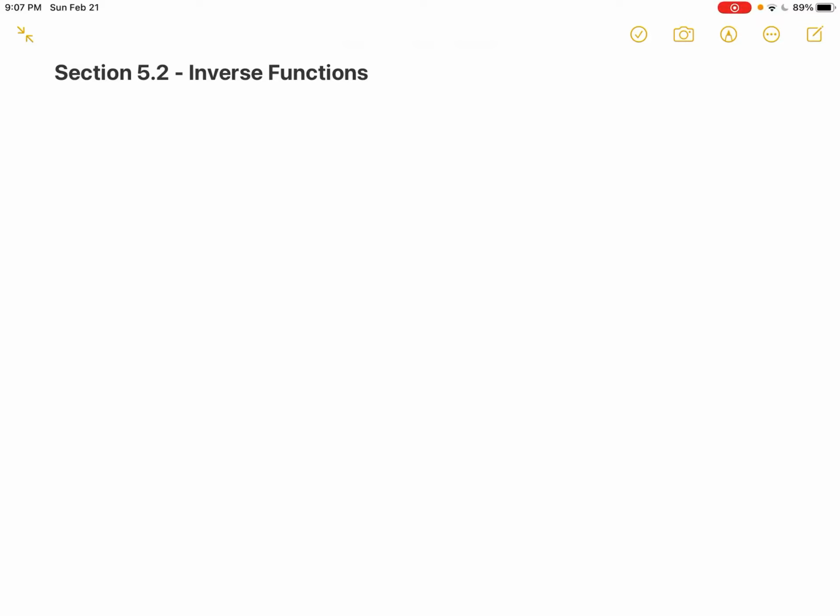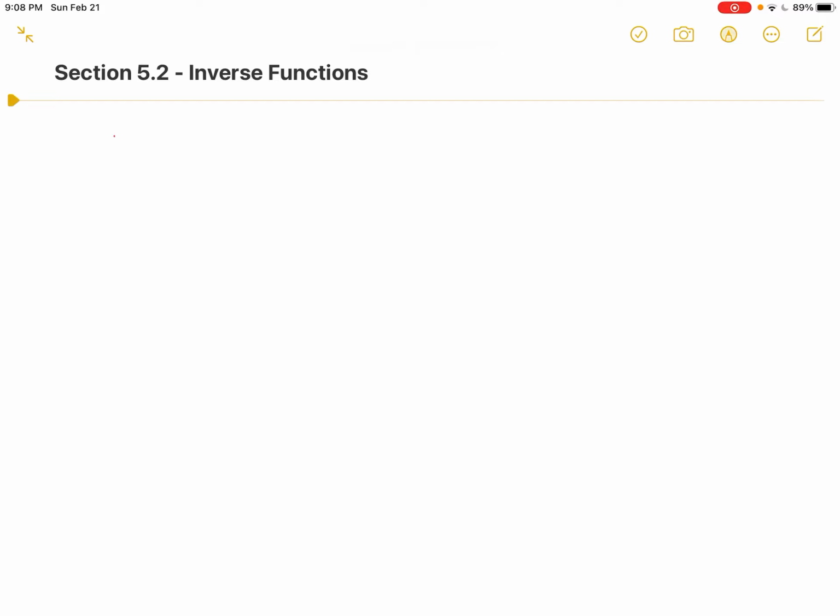Alright, here we are in section 5.2, and we're going to remind you about inverse functions, also something that you would have needed to talk about in an Algebra 2 setting as you talked about exponential and log functions. Certainly something you would need to talk about in trig, as we have the inverse functions of arcsine and arccosine that are needed for us in order to solve a lot of trig equations and also applications. And so I know you're familiar with inverse functions, so let's remind you about inverse